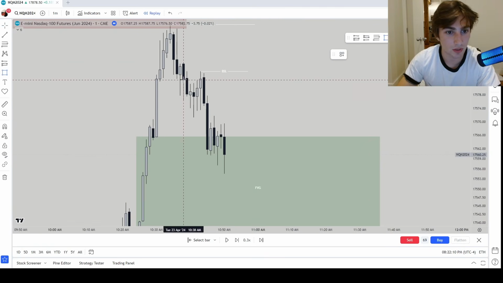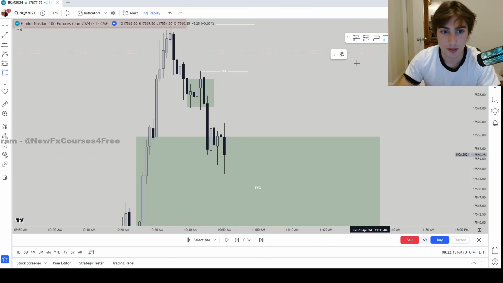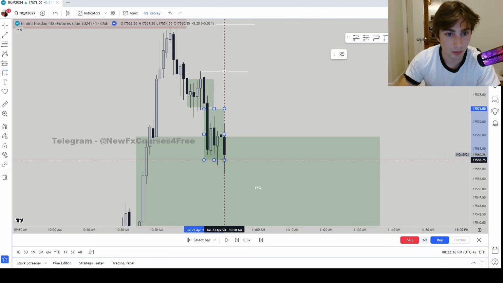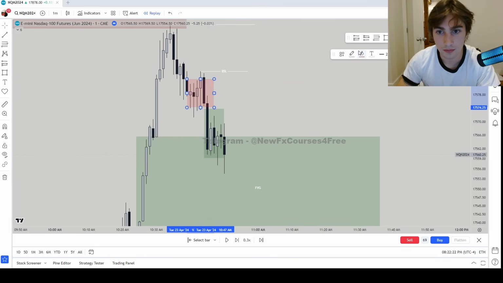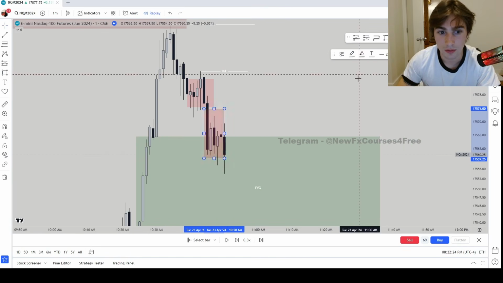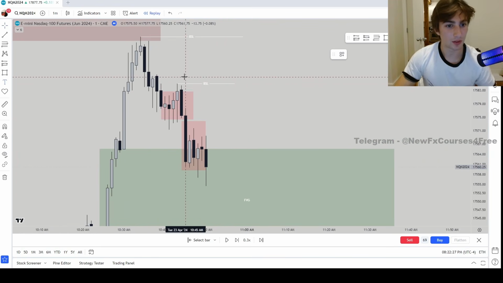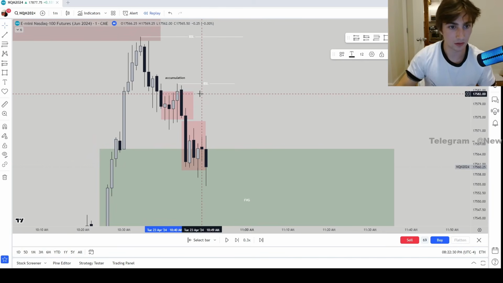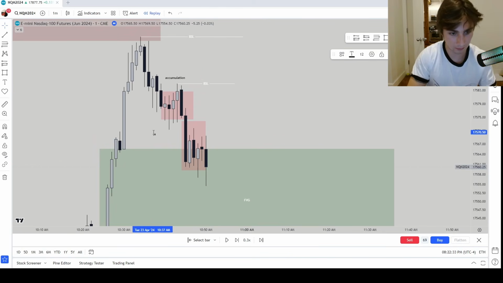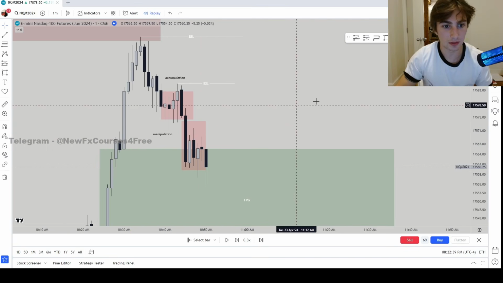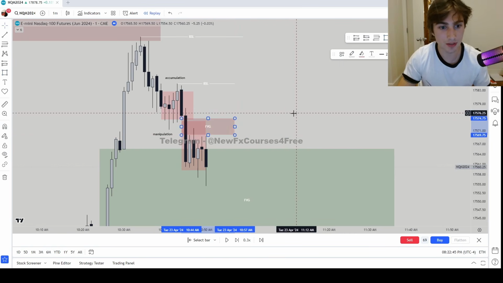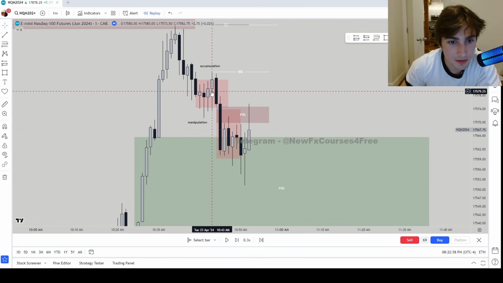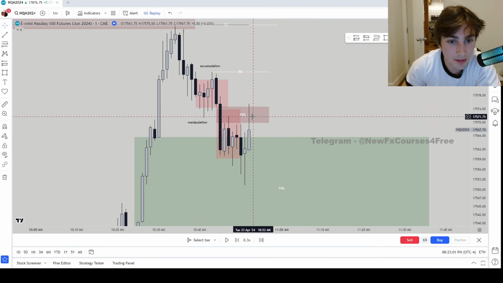We also have this accumulation zone right here, right? Price aggressively manipulates downwards. We break out of that consolidation range. I want to give it a different color. So we have our accumulation zone right here. We have our manipulation right here. And now, in the process of manipulating down, we set up this bearish fair value gap to inverse. So in the process of us manipulating out of this little accumulation zone, we create this bearish fair value gap,